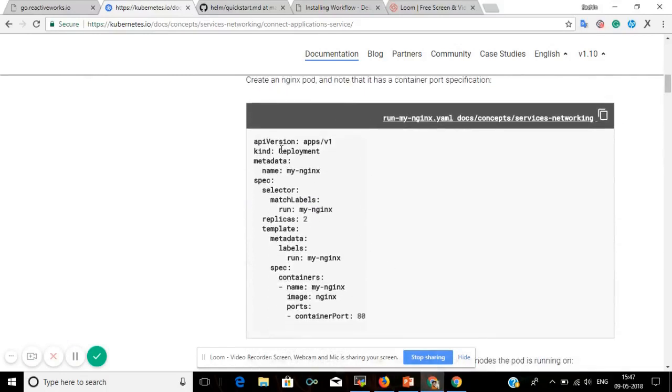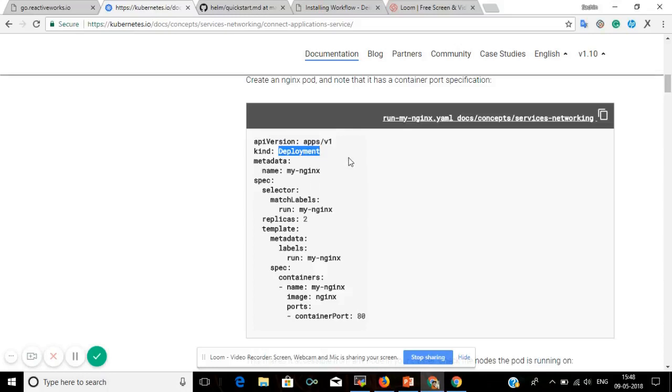We have mentioned the kind is Deployment because we are writing a deployment here. There is a difference between a deployment and a pod. A pod will be a single container, and in a deployment we can mention the cluster. It is a quite separate topic that we can go into in depth later.